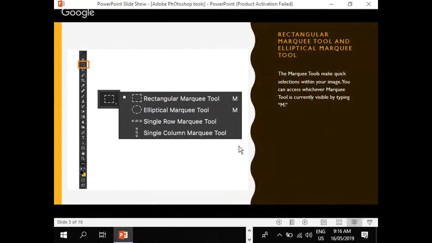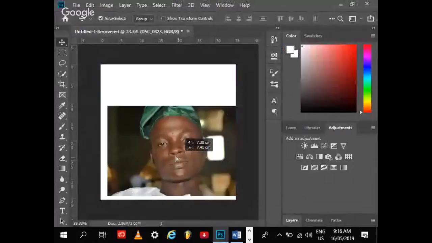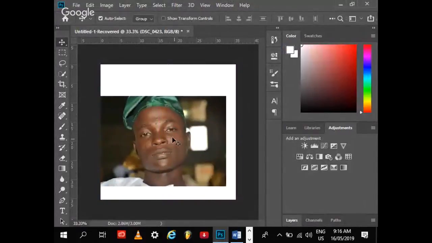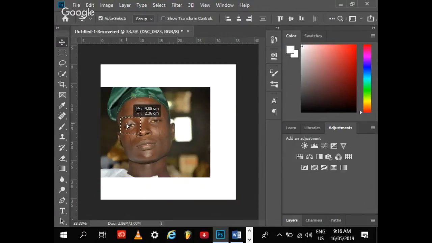So the second thing we have there is the rectangular marquee and the elliptical marquee. Basically, these tools are used to select a particular item in an image that you want to move around in the Photoshop environment. For instance, let me take this image brought in here. If I want to cut off only his eyes, I can just use this marquee tool to select the eyes like this. And when it's selected, I move to the move tool, then I can